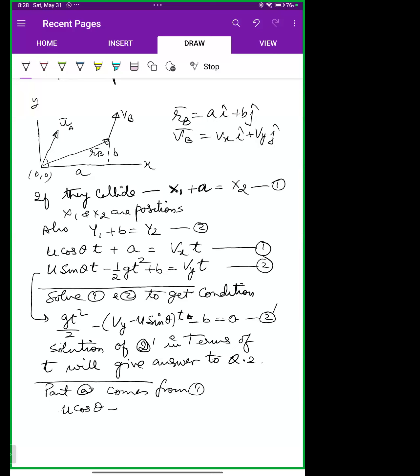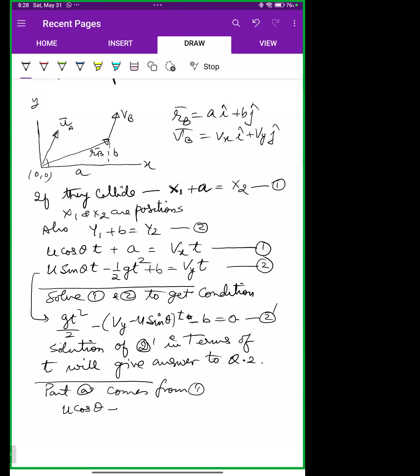So you have got t. Then put the value of t in 1. Part 2 comes from, or rather I will put it simply, put value of t